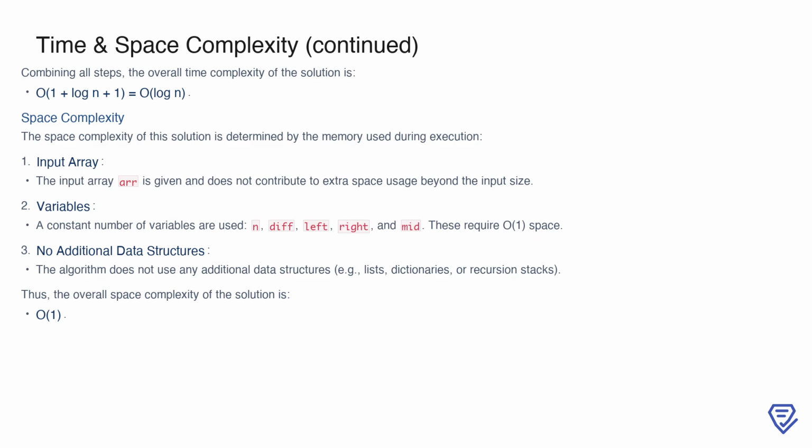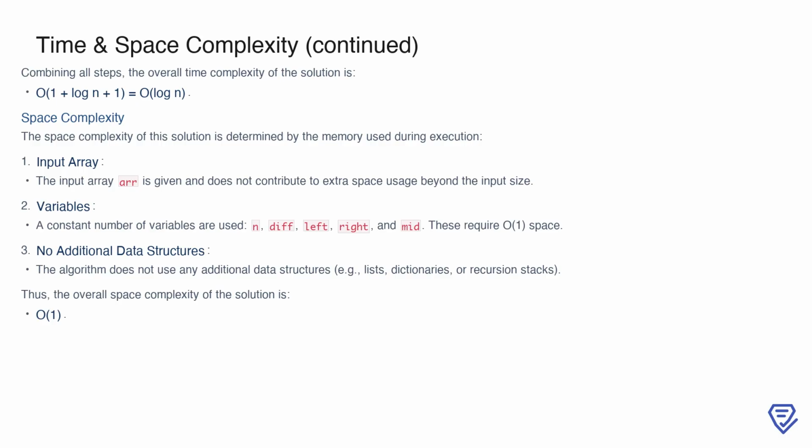Moving on to space complexity, the memory usage in this solution is minimal. The input array is given, meaning it doesn't contribute additional space beyond what is already provided. The algorithm uses a constant number of variables, including n, diff, left, right, and mid. Since these require a fixed amount of memory regardless of the input size, they contribute O(1) to the space complexity. Additionally, the solution does not utilize any extra data structures like lists, dictionaries, or recursion stacks. This means that the overall space complexity of the algorithm is O(1), as it only uses a constant amount of